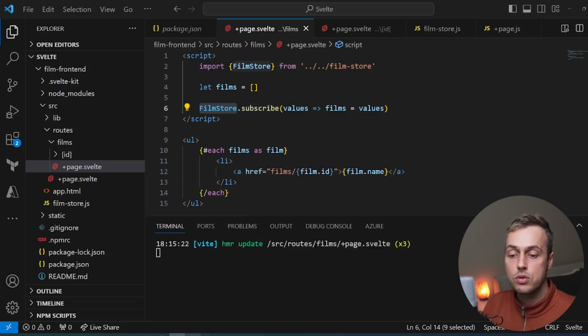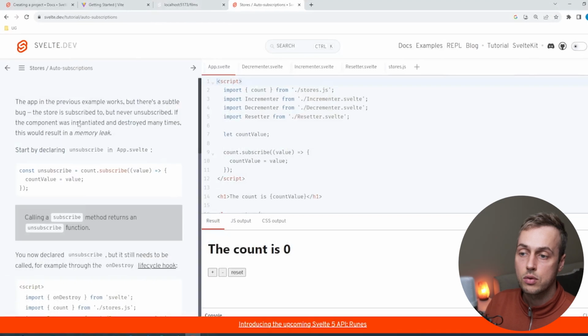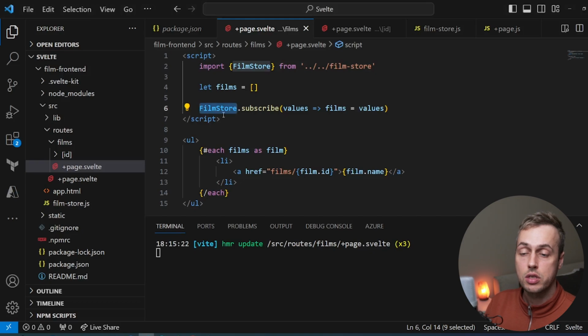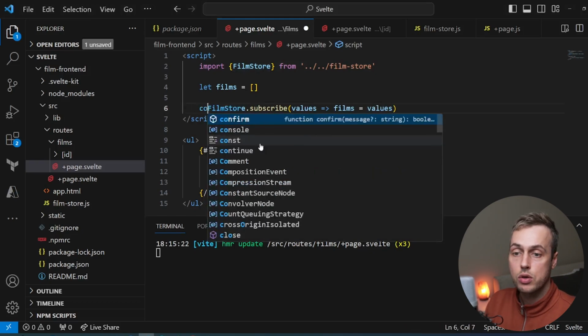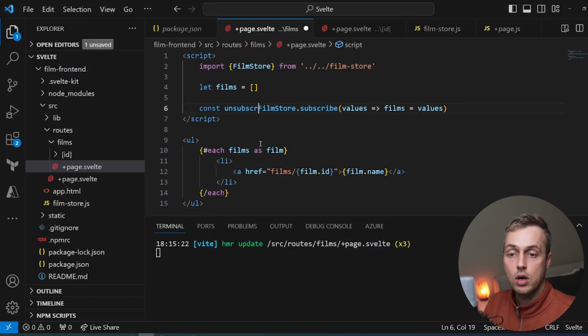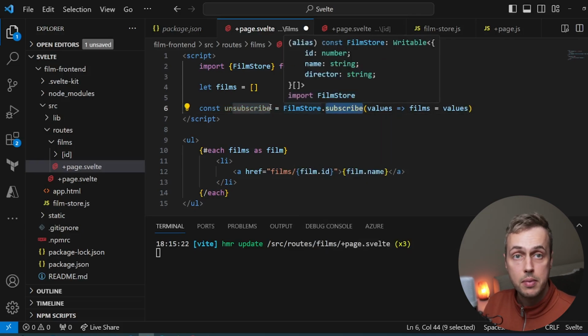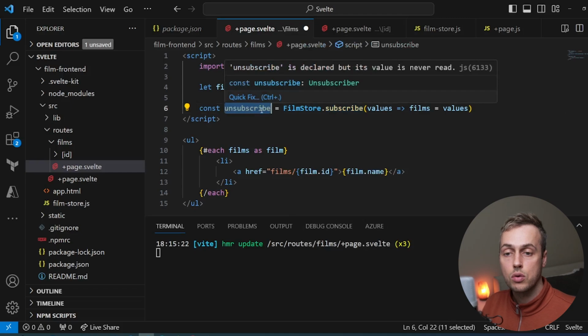I'm going to go back to some documentation here on Svelte. Again, I'll link all of these below the video. It turns out when you call the subscribe method on a store, it returns an unsubscribe function. So let's get a reference to that function. If we go back to the documentation, we're going to store this in a variable called unsubscribe. So that is returned by the store.subscribe method. We store that in a variable called unsubscribe, and we want to call this unsubscribe function when